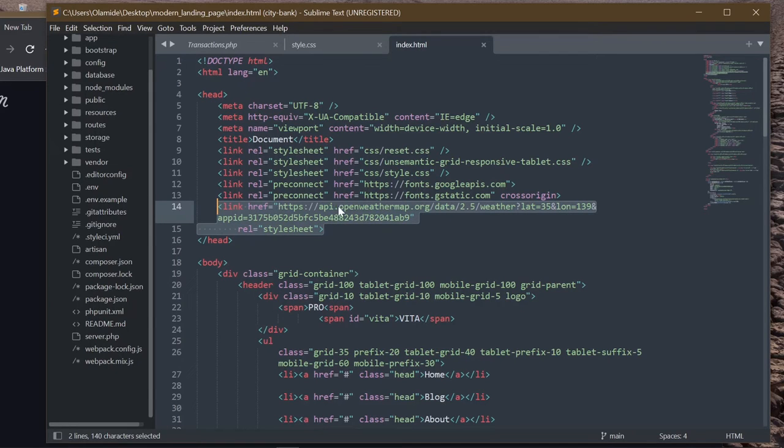You can see it's going to api.openweather. So this is basically an API, but it's a resource. It's telling my HTML file where I can find this resource. This is the location of the resource that I'm looking for. So that's an example